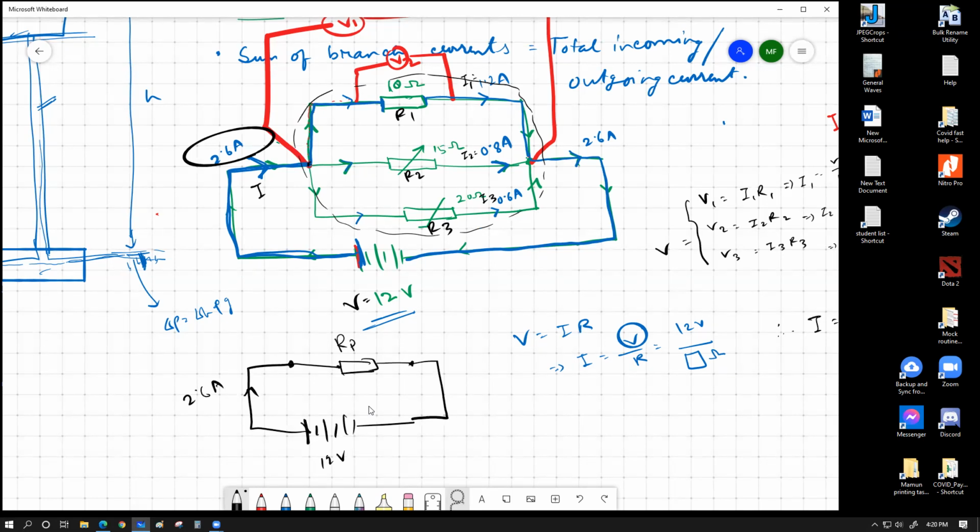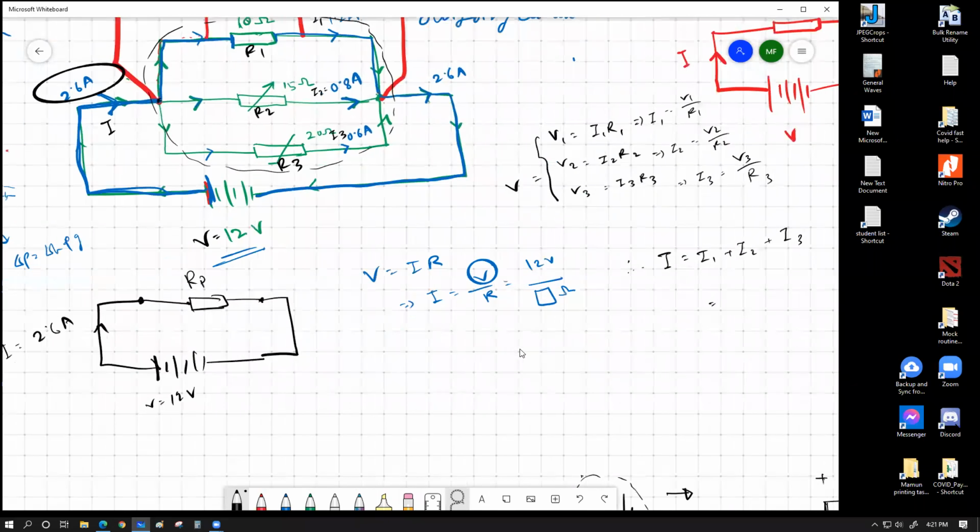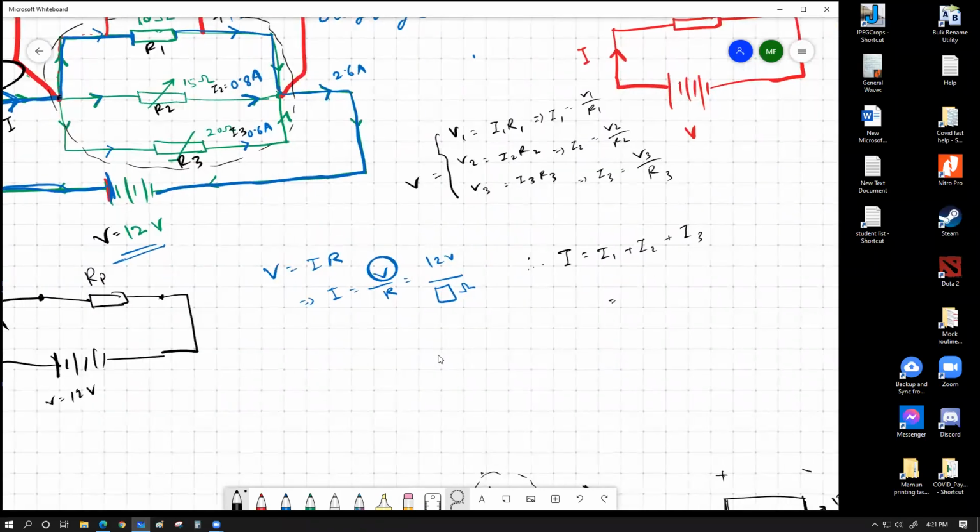In this case, if this current is I and this was our supply voltage V, then I can write from this circuit that V equals I into RP, or I equals V divided by RP. Does this equation make sense with you? The idea of equivalent resistance. এটা কি বুঝা গেছে? Yes, sir. ঠিক আছে।